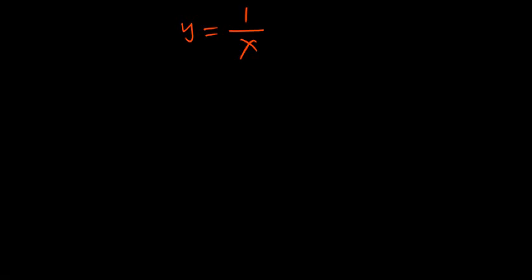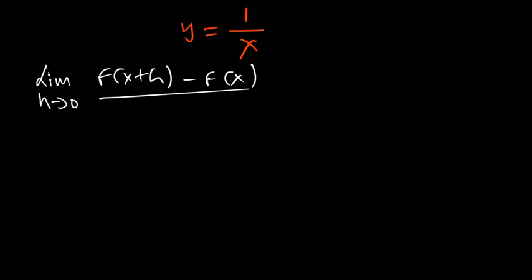Alright, from first principles, let's determine the derivative of 1 over x. Don't forget that our definition is the limit as h approaches 0 of f of x plus h minus f of x, divided by h. And then our function itself, f of x, is what we have, and f of x plus h